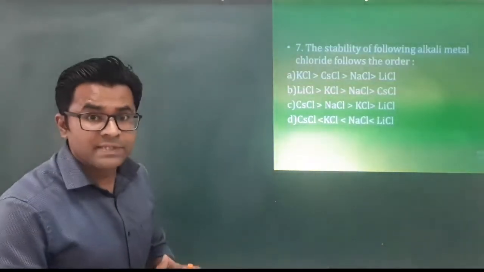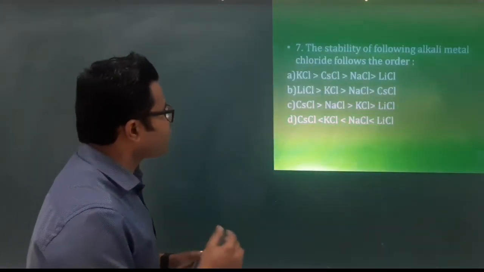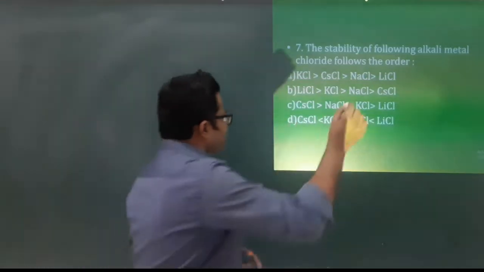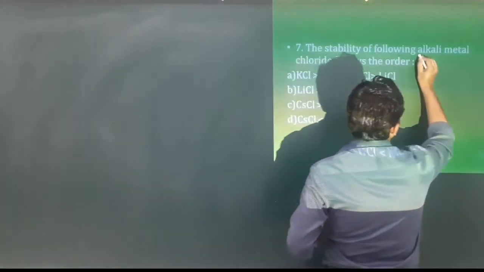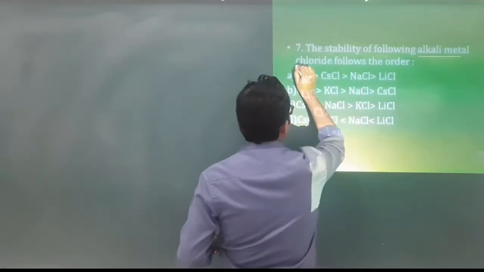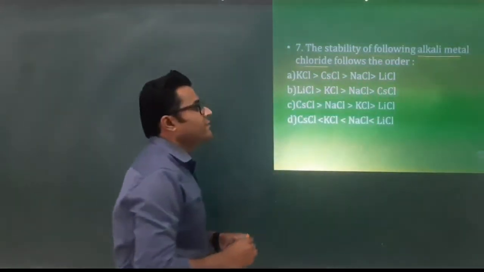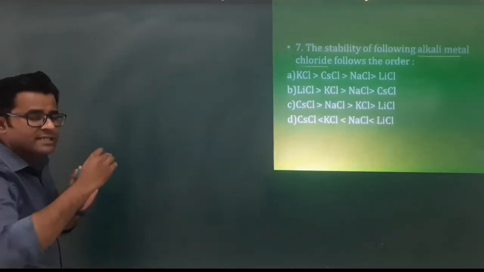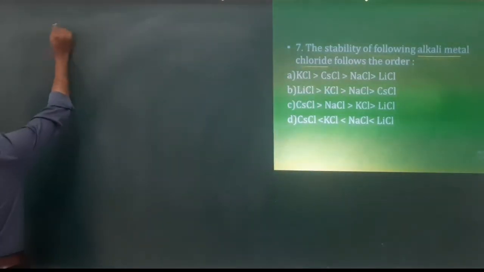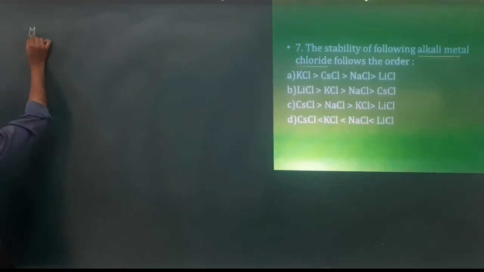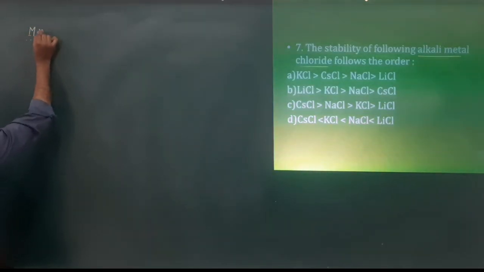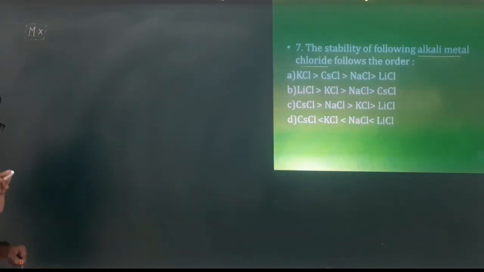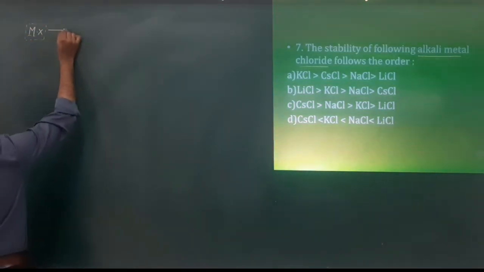Coming towards question number 7. The stability of the following alkali metal chlorides follows the order. First we shall observe that they are speaking with respect to alkali metal chlorides. Now, whenever an alkali metal chloride or any substance is formed, let us say this represents an alkali metal halide, its stability